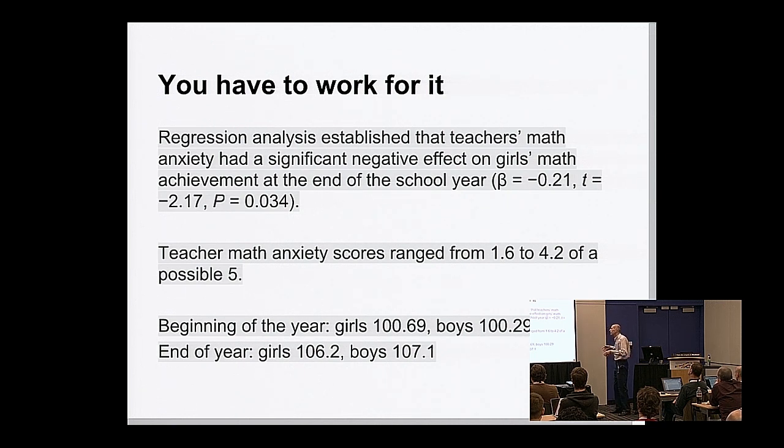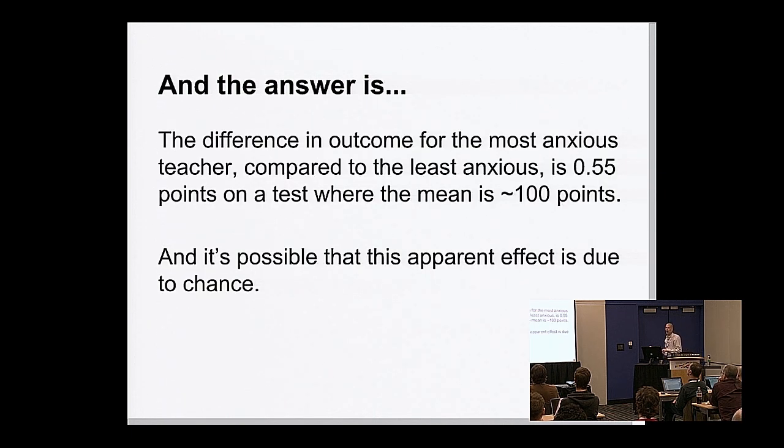Okay, good. Now, I also found out, and for this one I had to go into the supplemental materials, so it wasn't actually in the paper. I had to go crawling through the web to get this, and combined with that, finally, with that slide, you can finally figure out how big the effect size is. And it works out to be about 0.5 point on a 100-point scale. That is the difference between the least anxious teacher and the most anxious teacher.